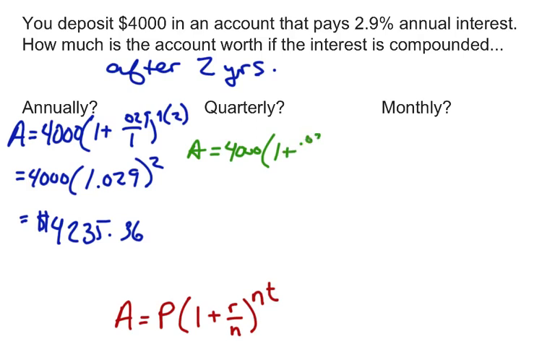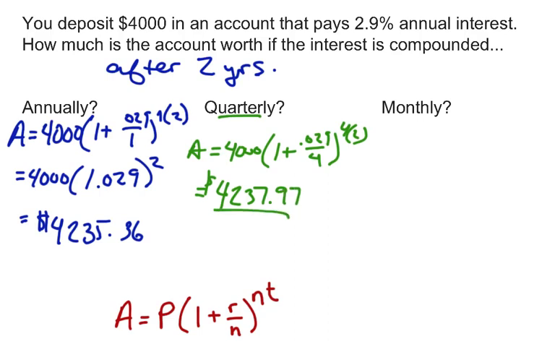Now, if we compound it quarterly, then we're still going to start with the same $4,000. But now we're going to take that 0.029, or the 2.9%, and divide it up 4 times in a year. That's what quarterly means. Then the power that we take it to isn't just the 2 years, but 4 times 2 years, so 8 times total that it will be compounded over these 2 years. And we let our calculator do all of that work, and we'll see that we get $4,237.97,